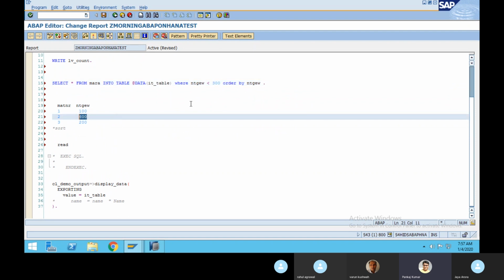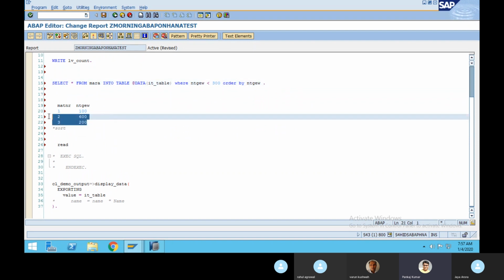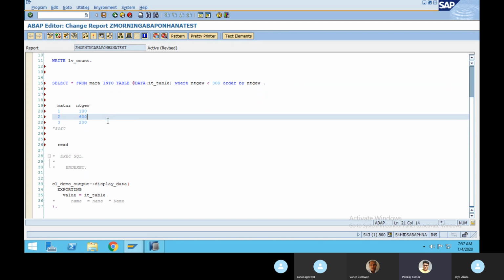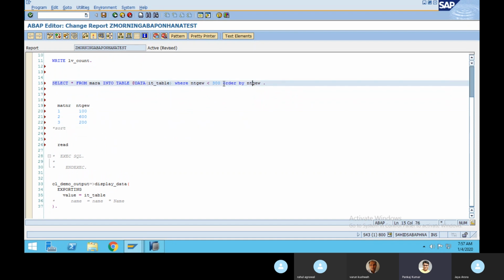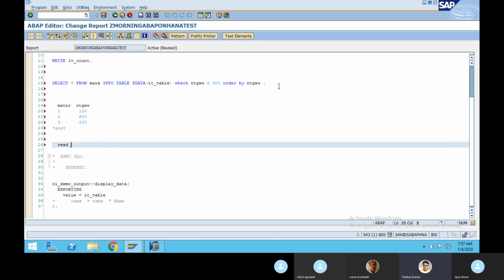It sees that 600 is greater than 300, and it will not give the next record, though it is supposed to give 200. Sometimes this problem happens. So to make sure we get the perfect result, we are supposed to give this ORDER BY. This is mandatory, very much recommended. Okay, fine, so this is one thing.